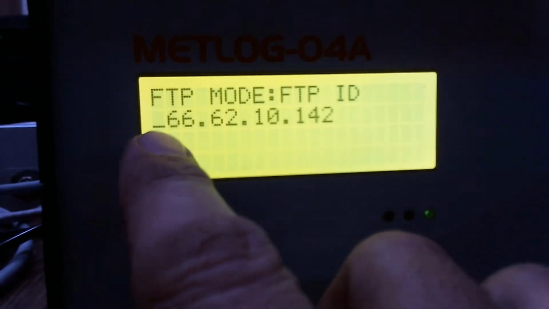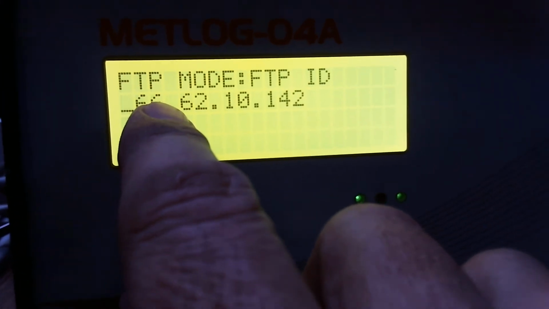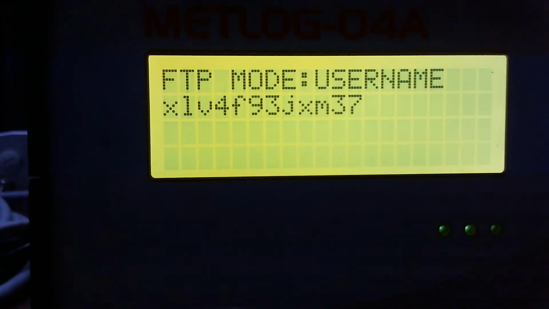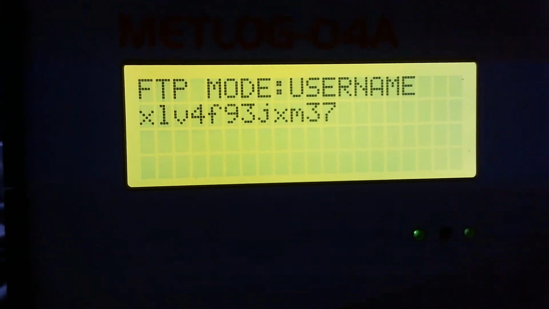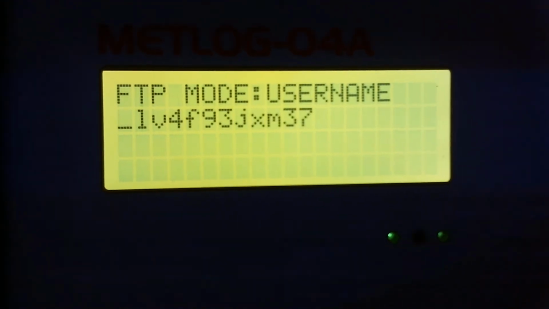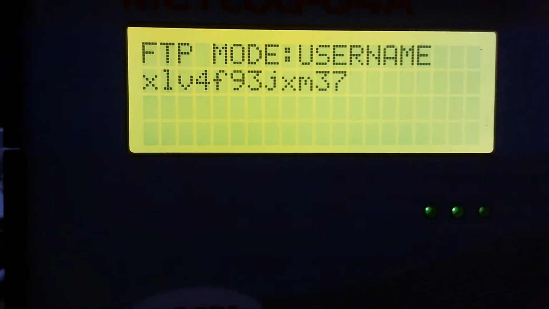Then next is FTP server ID. Press enter. This IP is there, FTP 162 like this. This IP will be different, but it will be provided to you. Then next username, this will also be provided to you. We have to write it down in the diary and enter it in this. Also you can write down all these settings in the notepad, copy them to the pen drive and directly put it into the USB slave and auto config it.